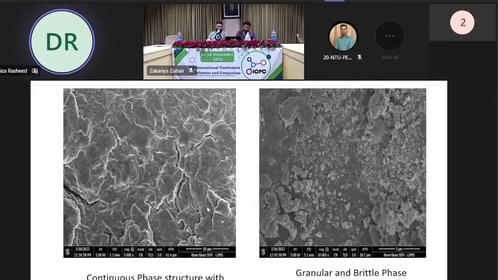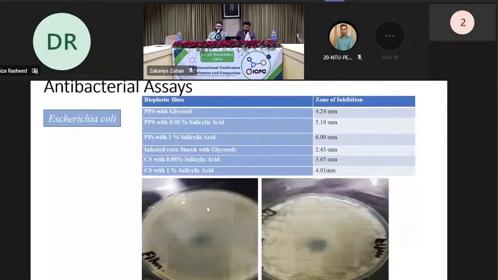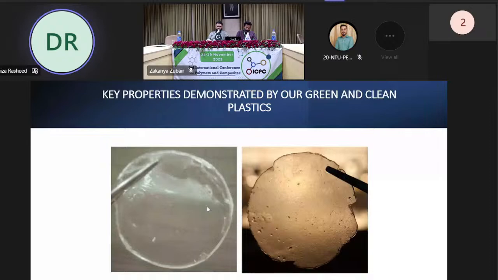So what we intend now is to isolate whatever good material we could extract from the waste. Like I have spoken also, I have talked about the infested starch, infested corn starch, and also the infested wheat grains. And then we also intend to isolate some sort of proteins which are sticky in nature, not only from potato but also from other grains also.